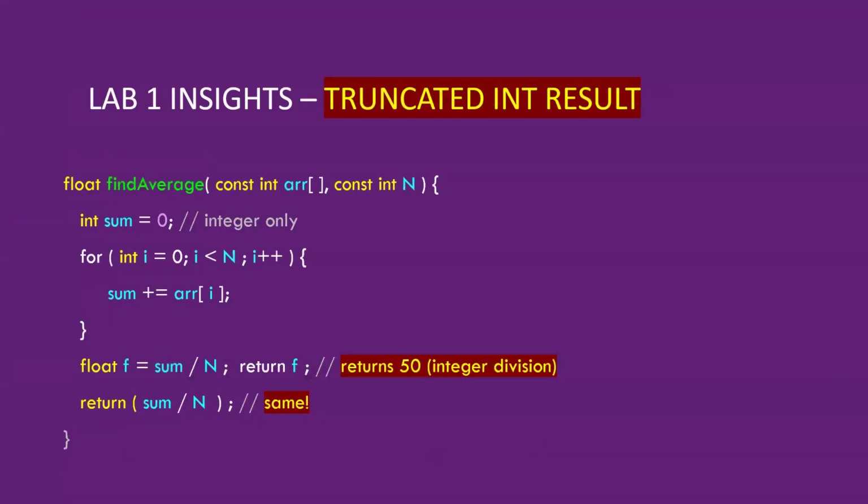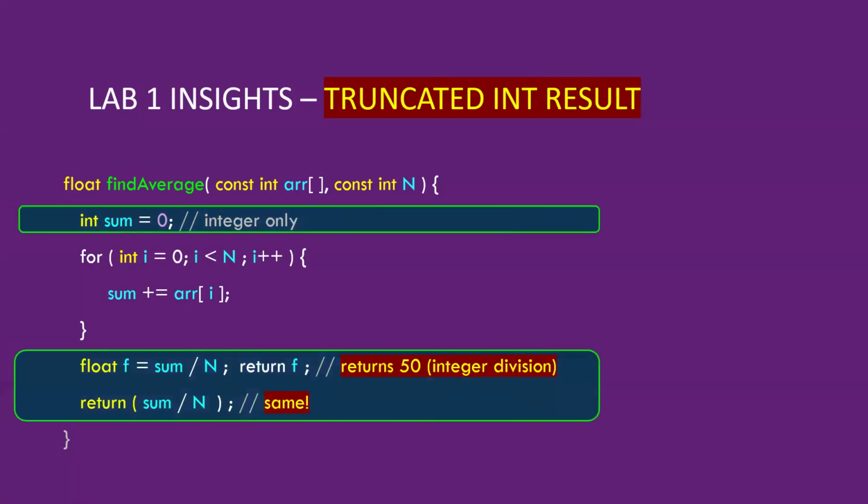So a couple things. Many of you I think knew this and probably just had a moment of insight. If we did just that, we're getting integer division in C++. Kind of annoying. It just ignores any of the floating point stuff and gives you an integer value back, even if you're assigning to a float. This equation right here gives us an integer result. And then sure, we can put that in an int value or float value, but it's not going to save us from losing our precision.